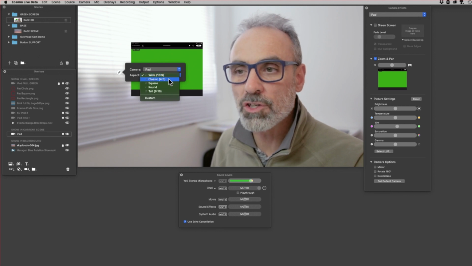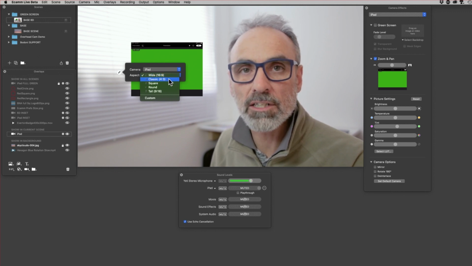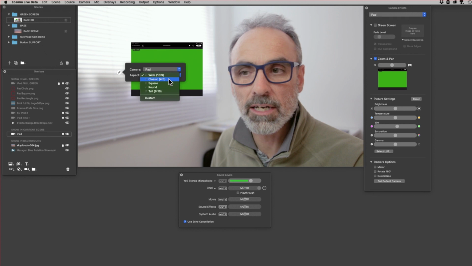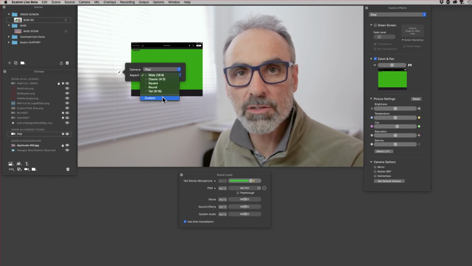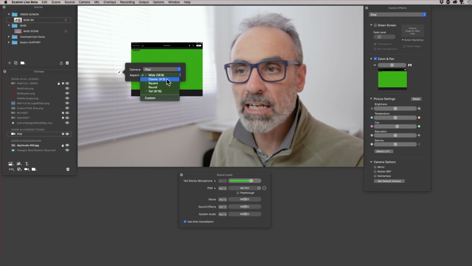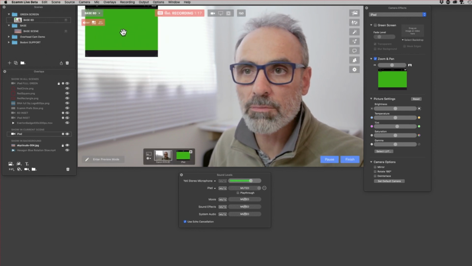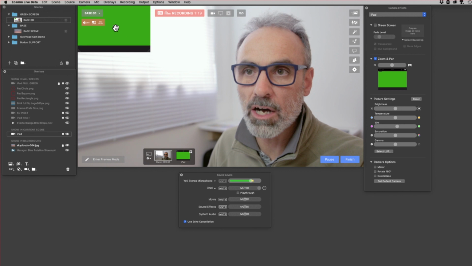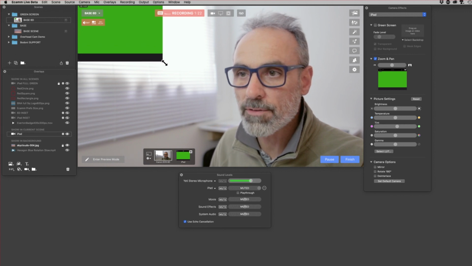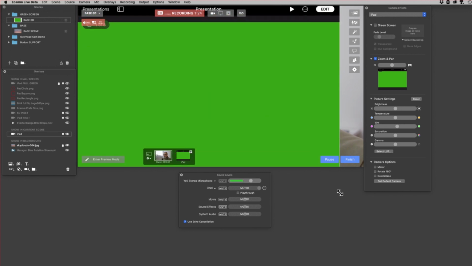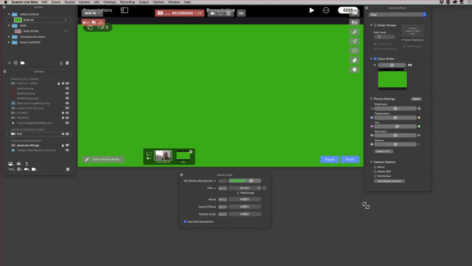So what I tend to do is use the classic 4:3 because that's the shape of the iPad screen itself, or you could use the custom setting. Let's use the classic 4:3. So what that then allows me to do is drag the whole camera overlay to the top left and drag down all the way as far as I can go to the right hand side.